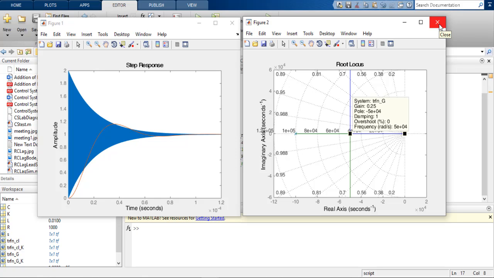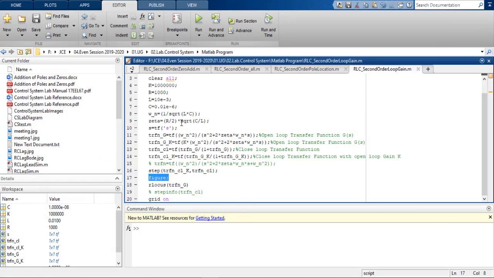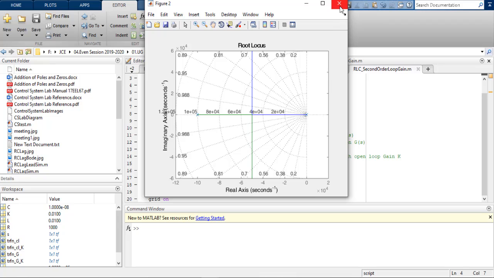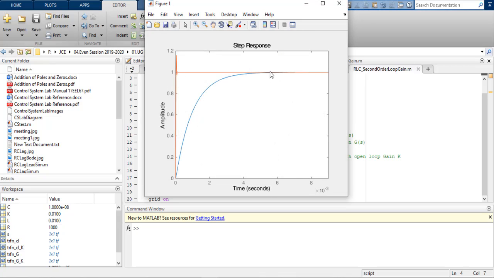You can use different values of k and check the effect of increasing the value of k. If you decrease the value of k, let's say to 0.1 or 0.001, you can also check the effect.